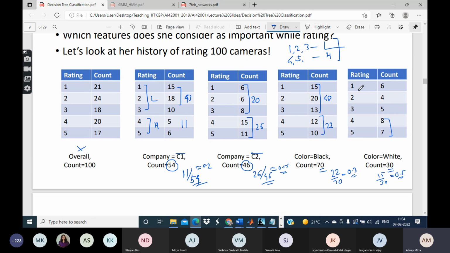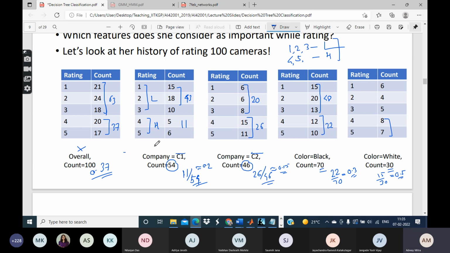For each feature, we can actually look at the distribution of the different ratings. What we are basically doing is there is a base distribution over the ratings, which is this distribution. In this case, we can see that this is 37, this is 63. That means overall there is 37% chance of giving a high rating. Now, for a particular camera, if I want to predict whether she may give a high rating or a low rating to it, what we really want is